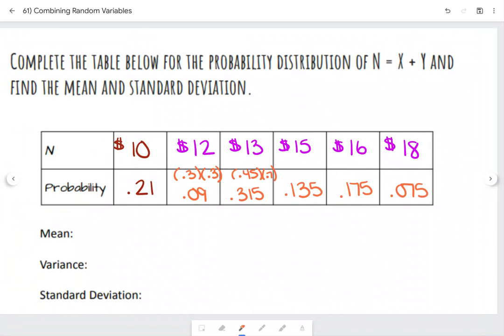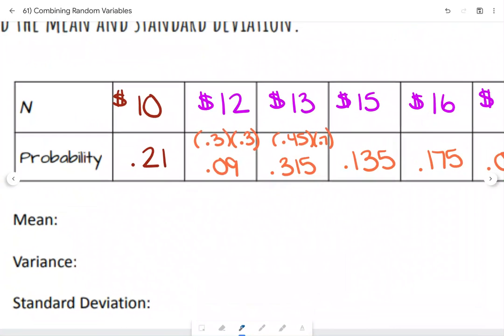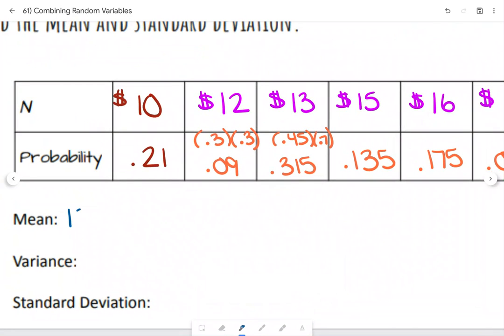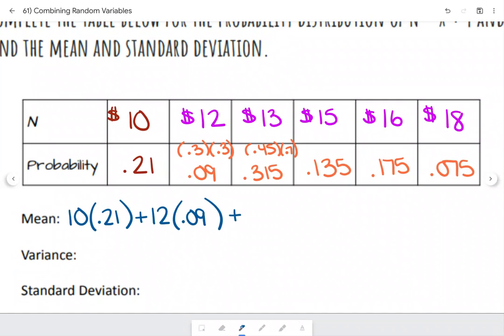So from here, we can do the same thing we did before, and we can go ahead and calculate our mean, our variance, and our standard deviation. So starting off with our mean, same thing again, my expected value, we're going to take the 10 times the probability of it happening at 0.21, 12 times the probability of that happening, 0.09. Now I could write these all out, but since we know what we're doing here, I'm just going to put a nice plus dot, dot, dot, and just skip to that last one, the